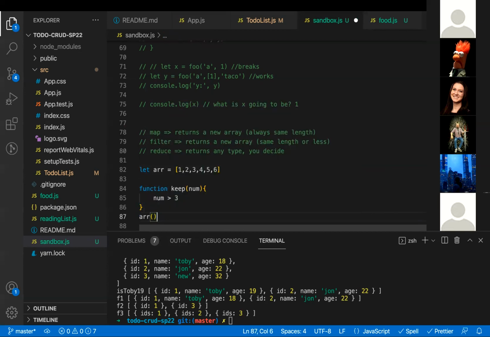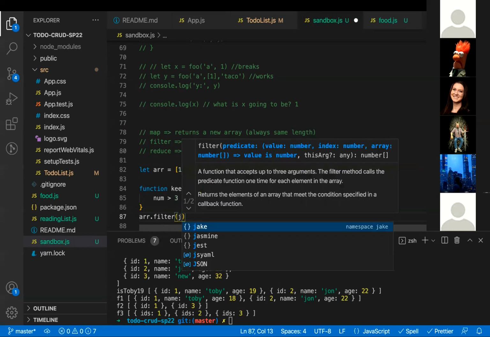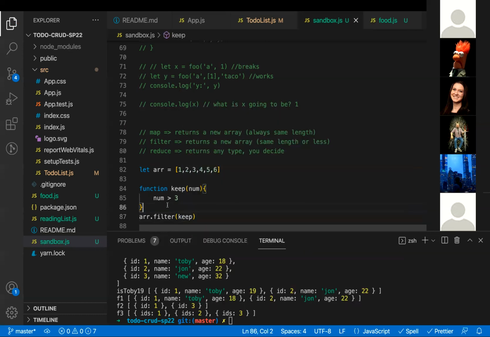And then we can do array.filter. So I'm saying, hey, JavaScript, filter my array. They're like, well, how do you want me to filter it? Well, here's how: keep. Okay, so now JavaScript is like, okay, cool. I'm going to go through each thing in the array and I'm going to see, hey,